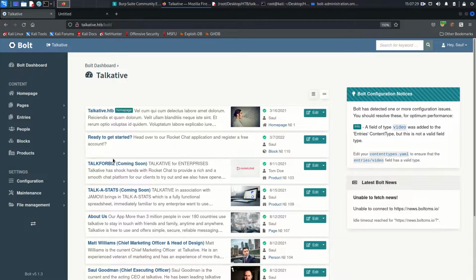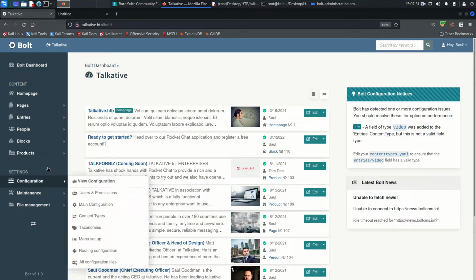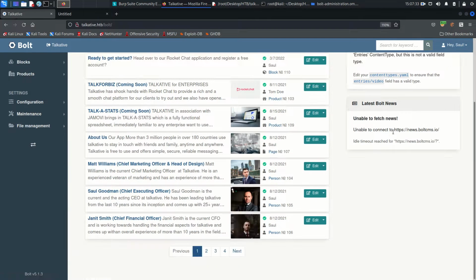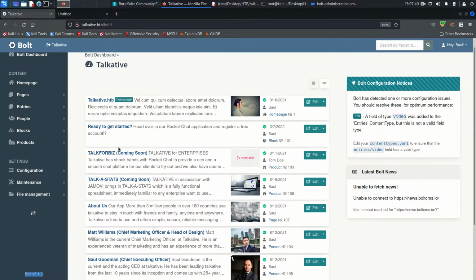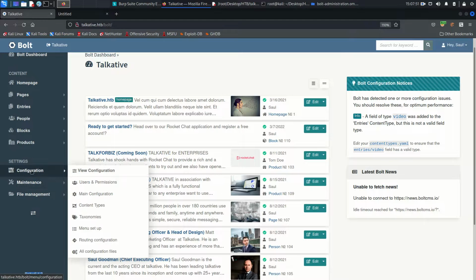So now we need to check out the version. The Bolt version is 5.1.3. So if you check the CVEs or exploits or vulnerabilities for this version, you will find a few vulnerabilities. So if I go to the configuration, actually there are two vulnerabilities, and from both of these vulnerabilities you can get the reverse shell, and you can run the